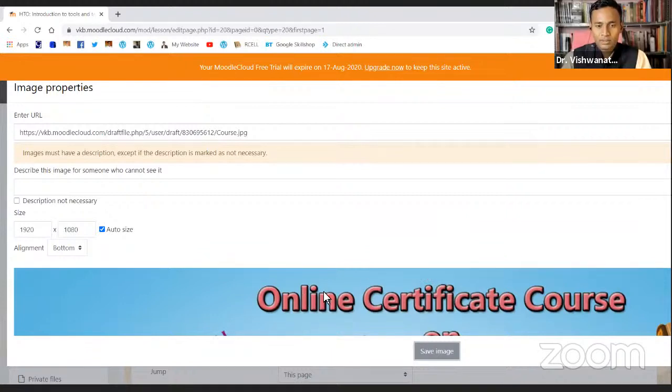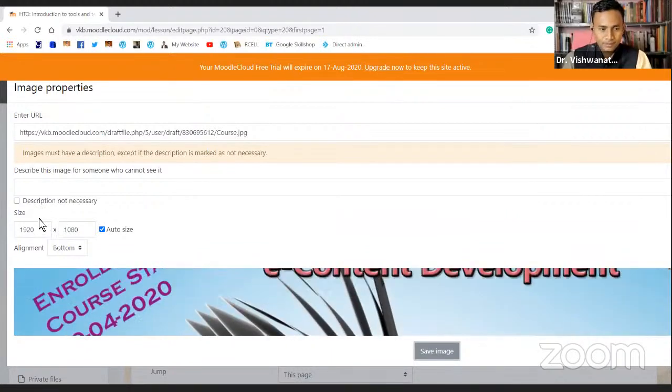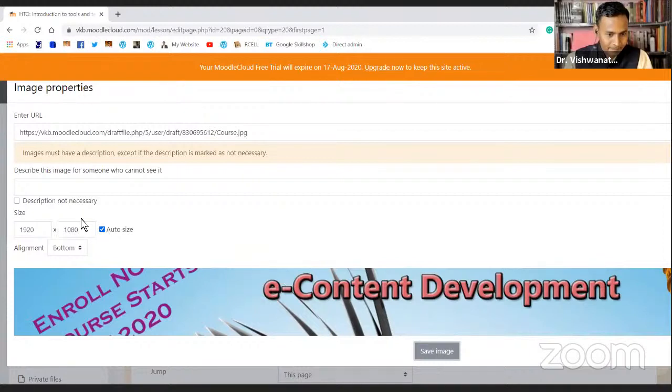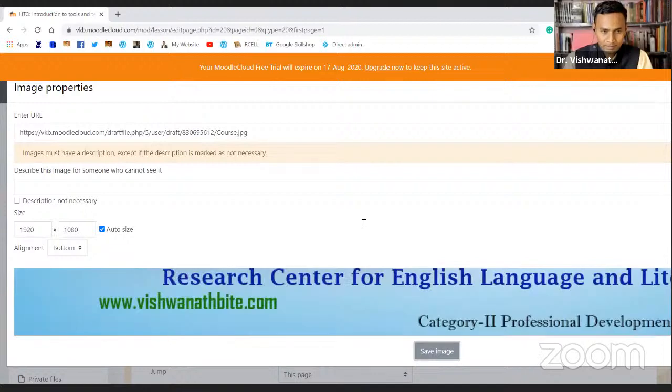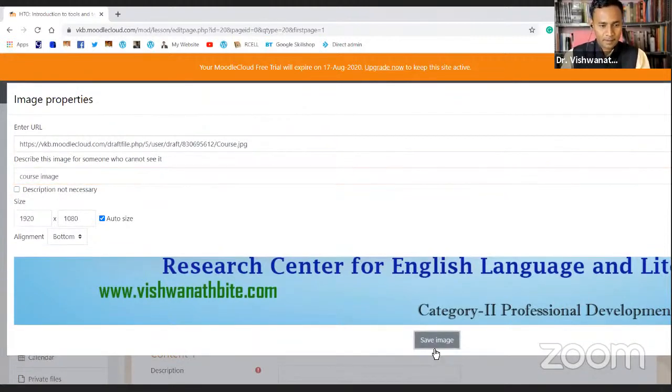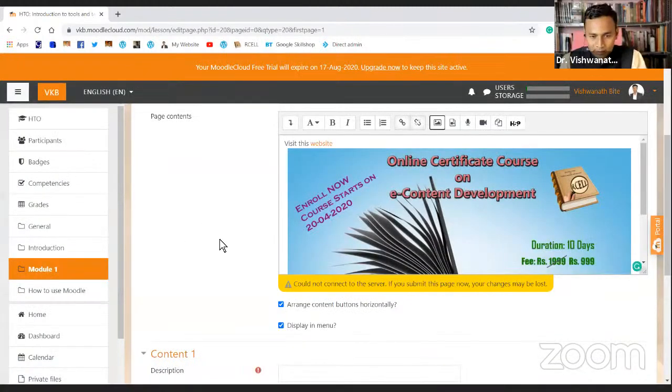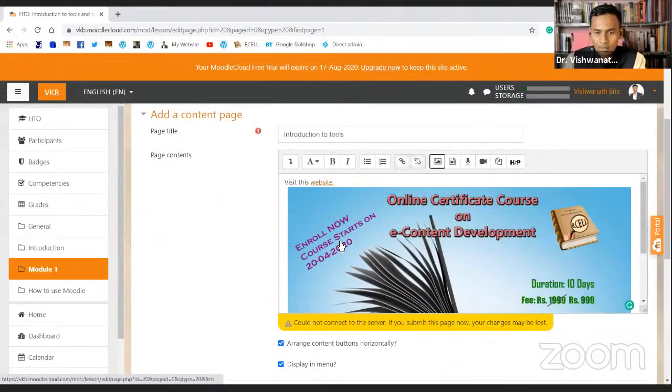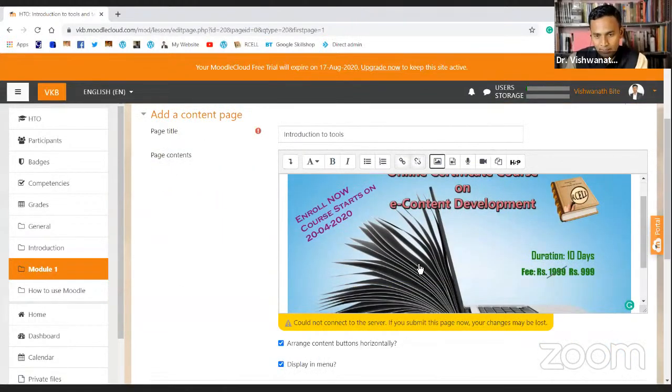So this is the image, too big, but just for the demonstration, we'll let it be. Course image. Now you can see that we added one link and one image.